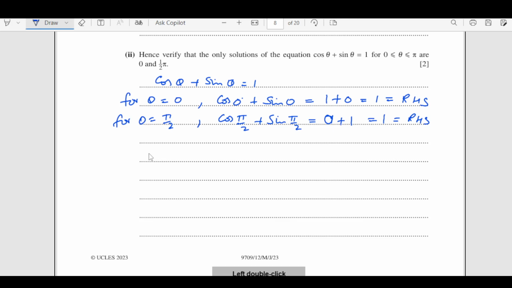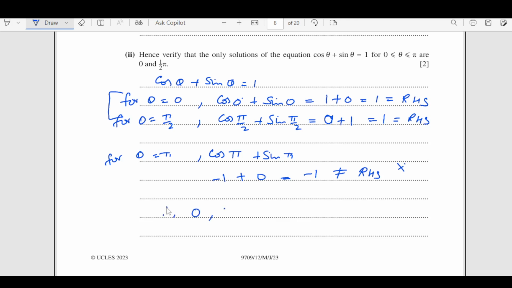Now let's try, we had the value of theta also pi. So when theta is pi, this equation is cos pi plus sin pi. Cos pi is -1, sin pi is 0. So the answer is -1, which is not equal to the right hand side. So hence pi is not a solution, and so we can write down 0 and half pi are the only solutions,